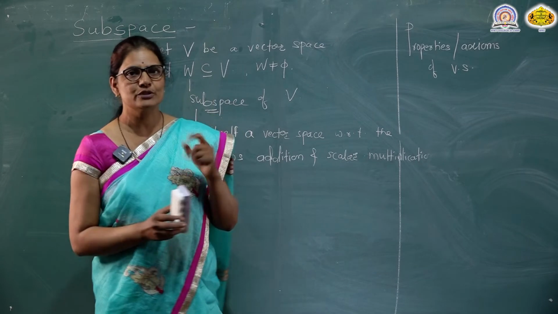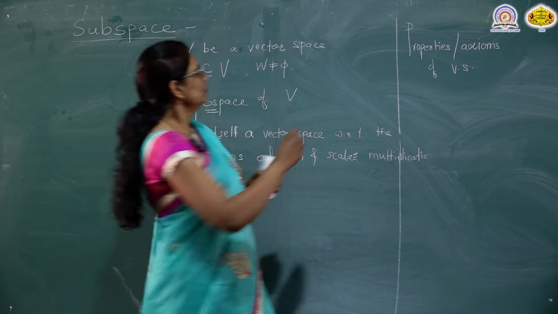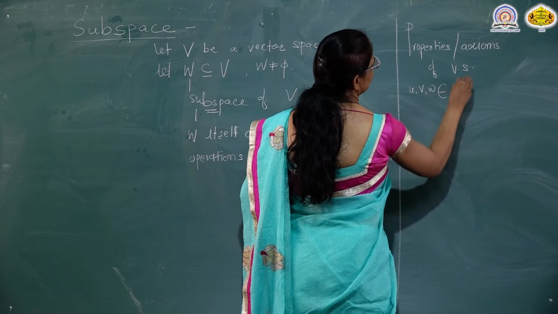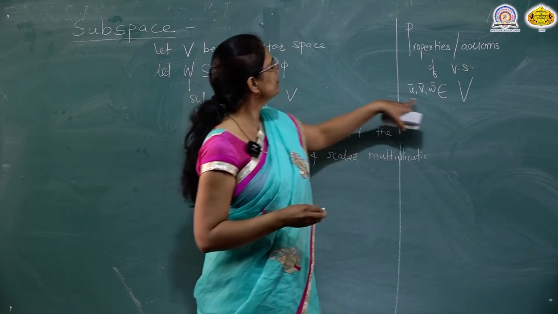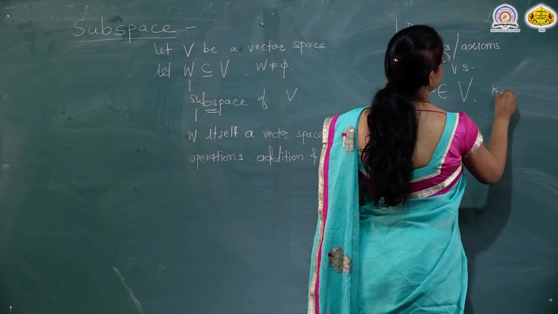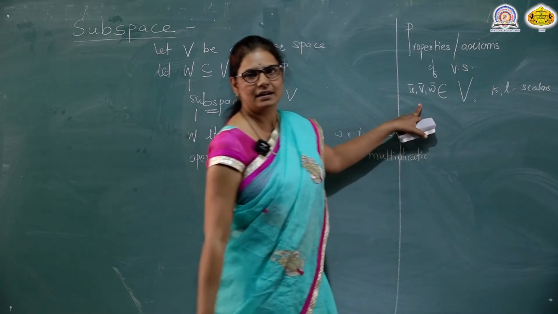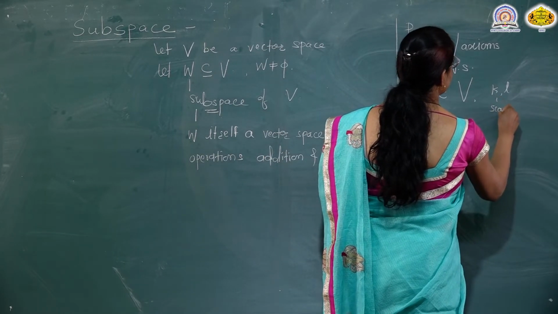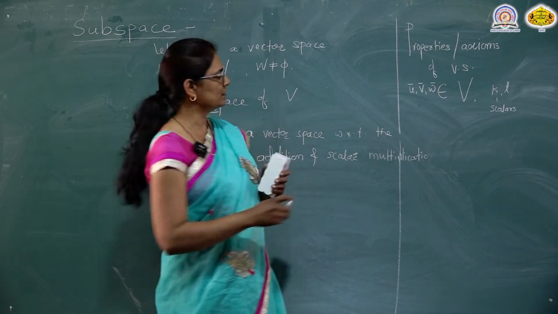Consider V is a vector space with two operations, addition and scalar multiplication. Now we denote the elements of V as u bar, v bar and w bar, and K and L are the scalars here. So the first axiom of the vector space is